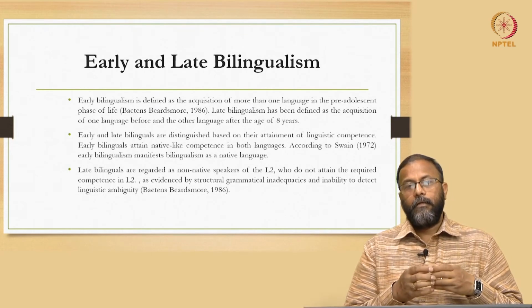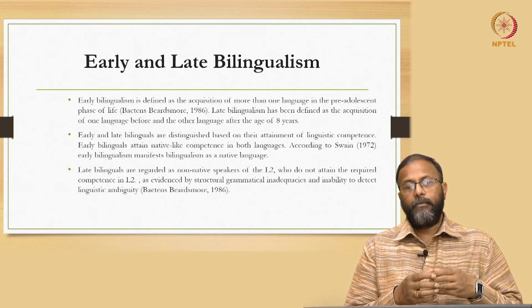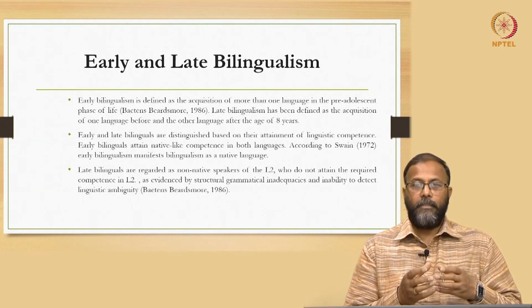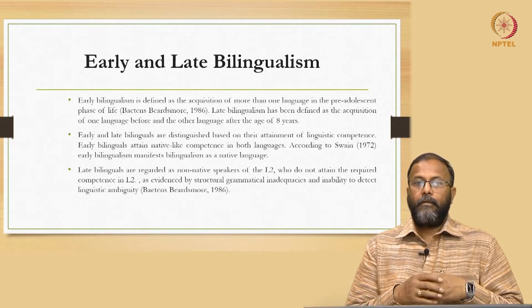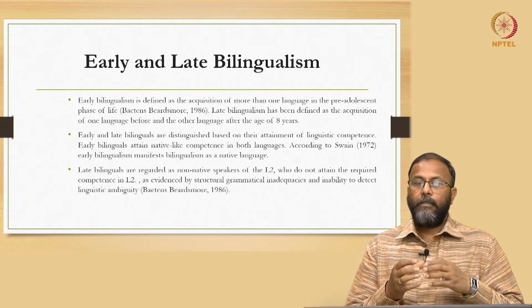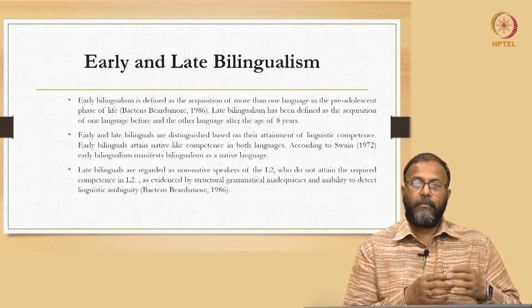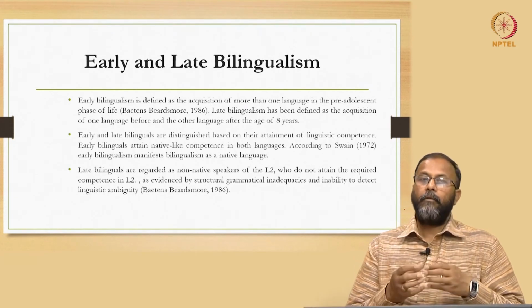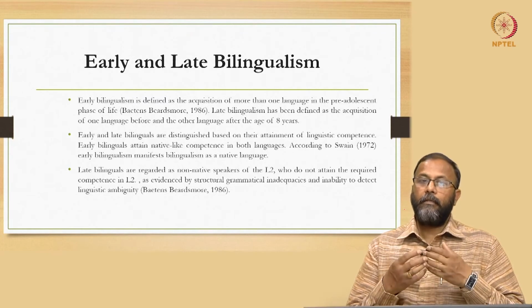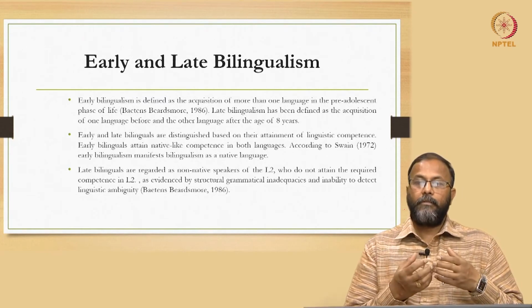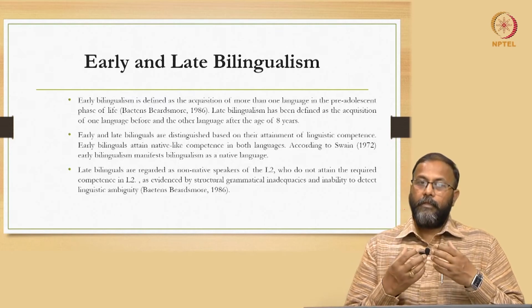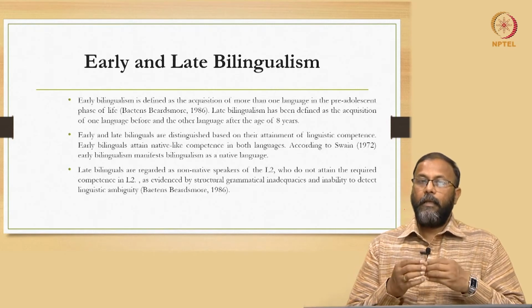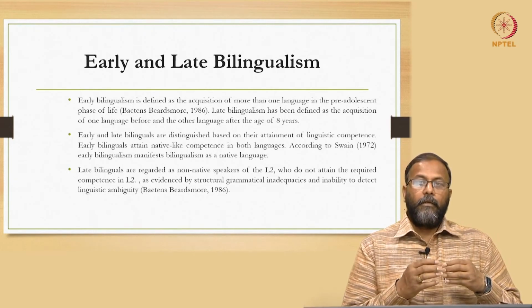So there will be a little difference as compared to the other child which has exposure to L1 and L2 simultaneously, right. And what is the difference? In the other case, like early bilingual case, the child will have excellent command, native like command in both the languages. Child will be able to identify and detect linguistic ambiguities. Child will be able to develop native like intuition in language, whereas in late bilinguals, right, they will have command